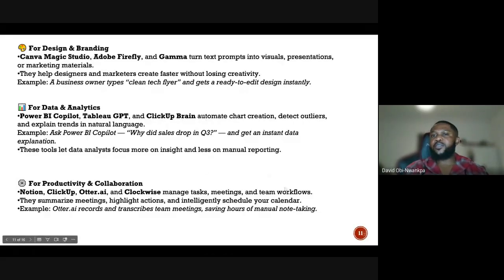So turning prompts into visuals, presentations, or marketing materials. These tools and many others help designers and marketers create faster without losing creativity. Example, a business owner types "clean tech flyer" and gets it ready to edit, even with the use of GPT, even with the use of Gemini AI, it's a lot.